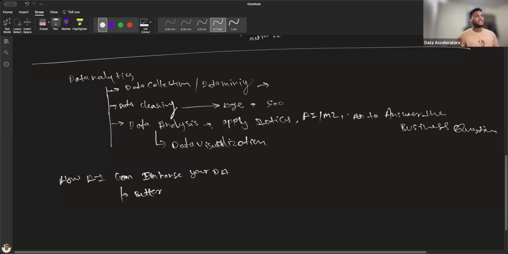Now, data mining. So let's say you have unstructured data, right? First, in the data collection step, let's see how AI can help in the data collection step. For example, you have unstructured data, such as simple unstructured text,